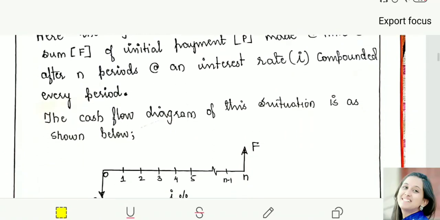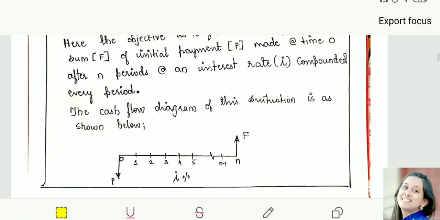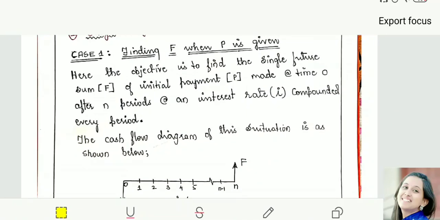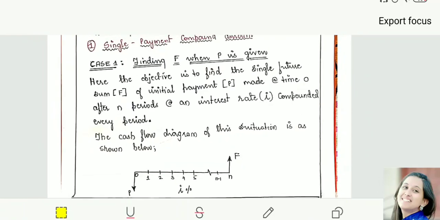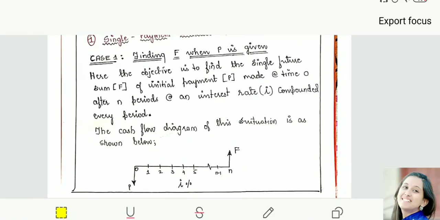So we'll start with case 1. This is case 1. Here in this particular concept we have 6 derivations. I'll be sending these notes to the group so you can understand the derivations in detail. I have simplified them in a much better way for you to understand well.